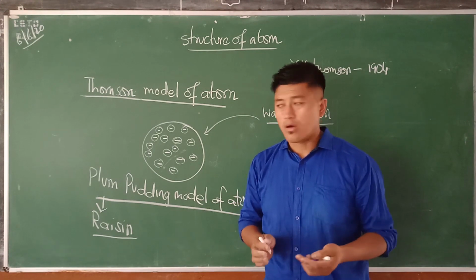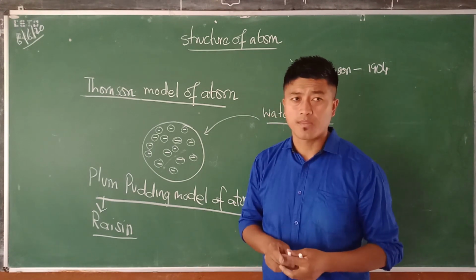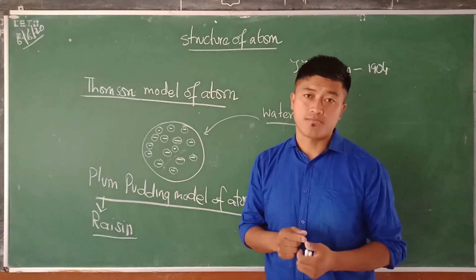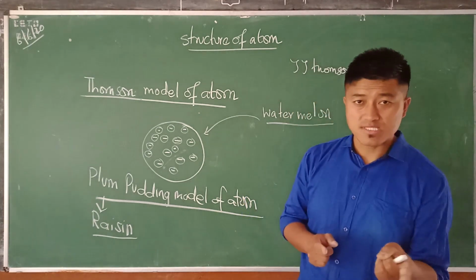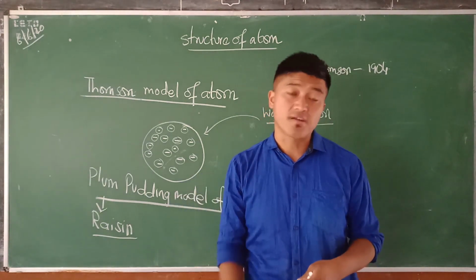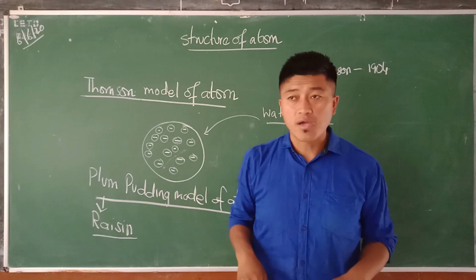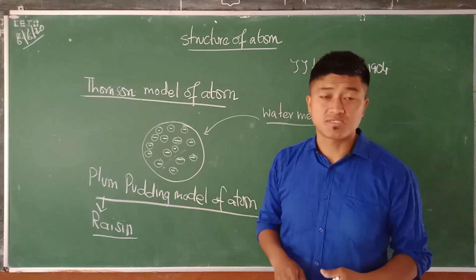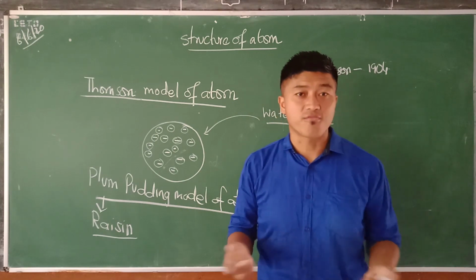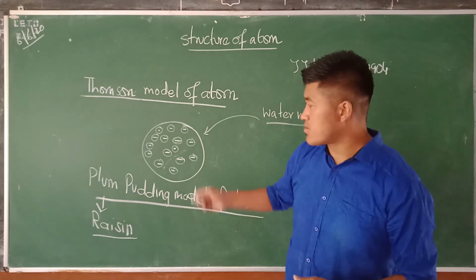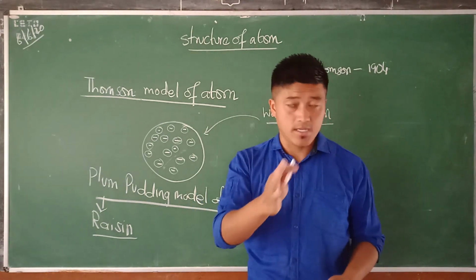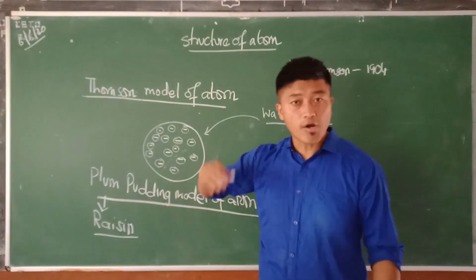When we buy watermelon, one of the most difficult tasks for every one of us is taking the seeds out, right? Because those seeds are present within the red edible parts, which is why it is difficult to take them out. Otherwise, if we could eat watermelons just like mango, it would be a very beautiful thing for us, right? But since we have to take out the black seeds, similarly, Thomson, according to him,